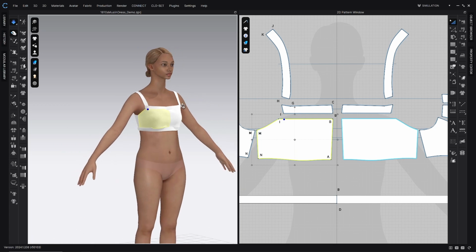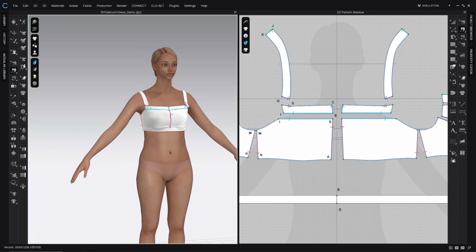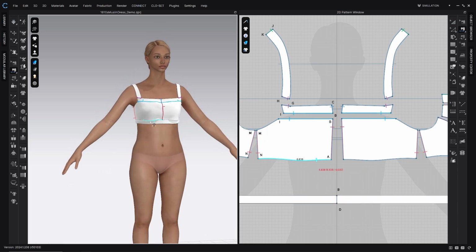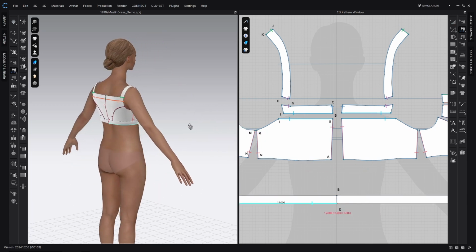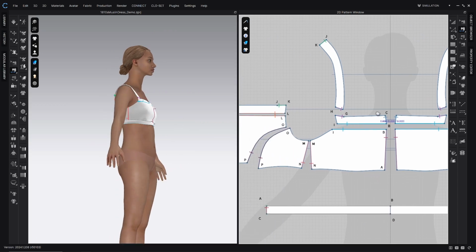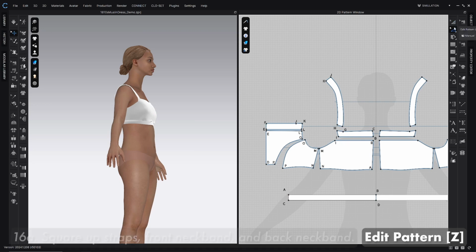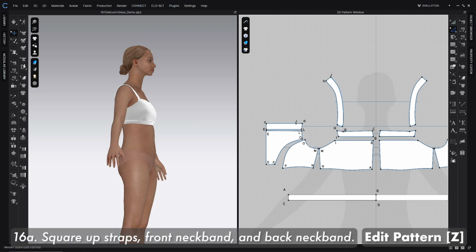If not, don't worry, we'll keep working through it, and I'll give some tips on how to make it look better. We're going to want to sew this, of course, to the waistband, but before we do, let's go ahead and do some truing over here. First in the 2D window. So using the edit pattern tool, or the Z hotkey, I want to actually make, first of all, I want